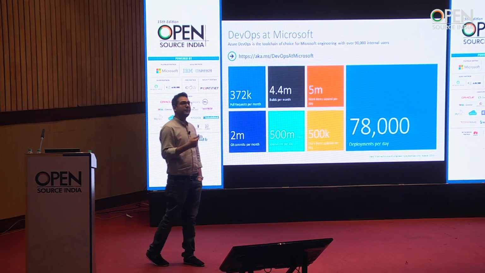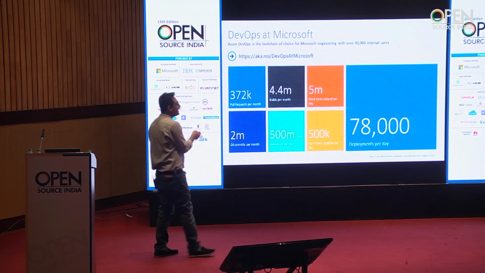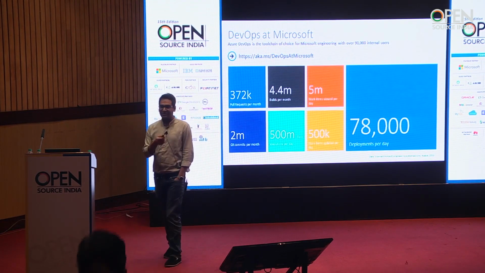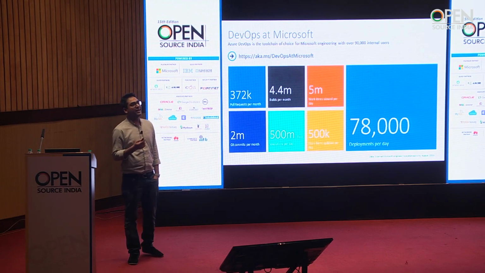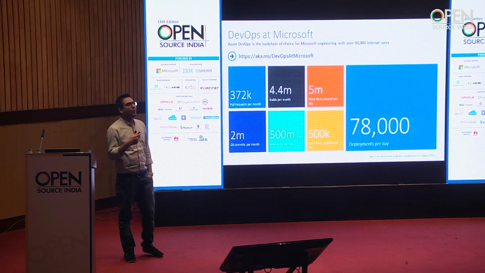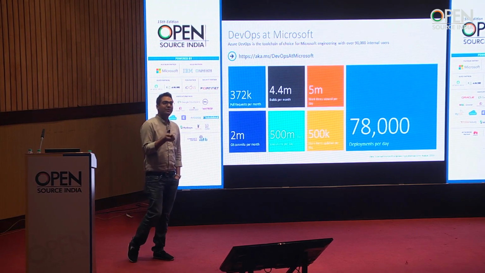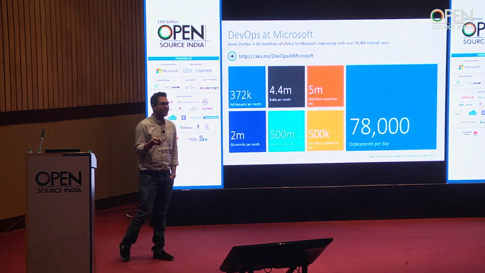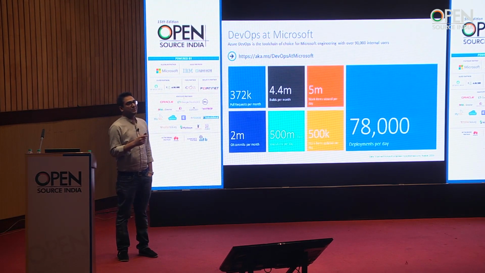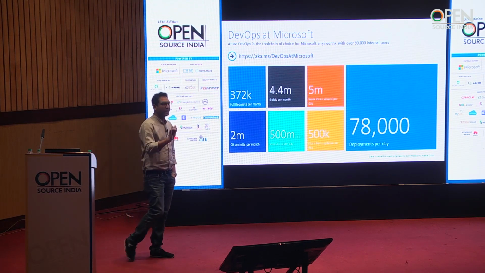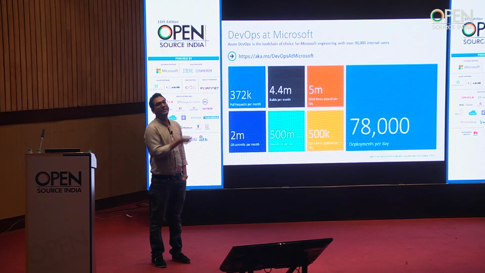So at this point of time at Microsoft, we are doing 78,000 deployments per day. There was a time, I think some of us who are old enough will realize, when we used to ship our product once in 2 years. By virtue of that, for example, you release a product on 31st of December 2018. A customer would say, hey, I need some more features on 5th of January. You say, okay, boss, wait for 2 more years. We'll be having the next release in 2 years, and you can wait for that.